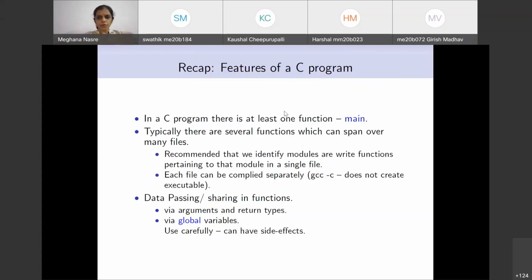We have already shown this to a very small extent, where we said how to do gcc -c, which does not create an executable, and then how to put together all these object files and combine them to create an executable out of them. So this is about how to split your functions. But once you have split things into functions, you want to communicate between functions. The communication happens via the arguments that are passed to the function and the return types,